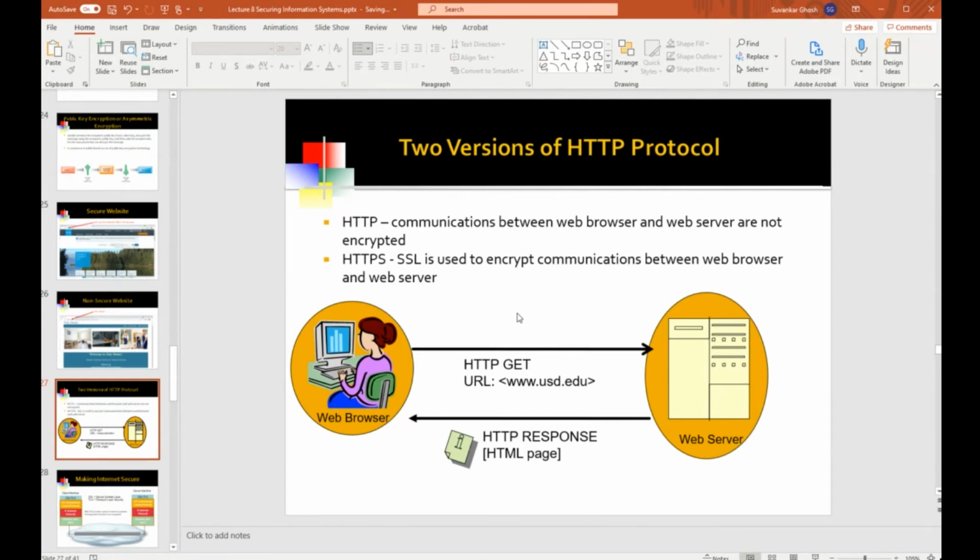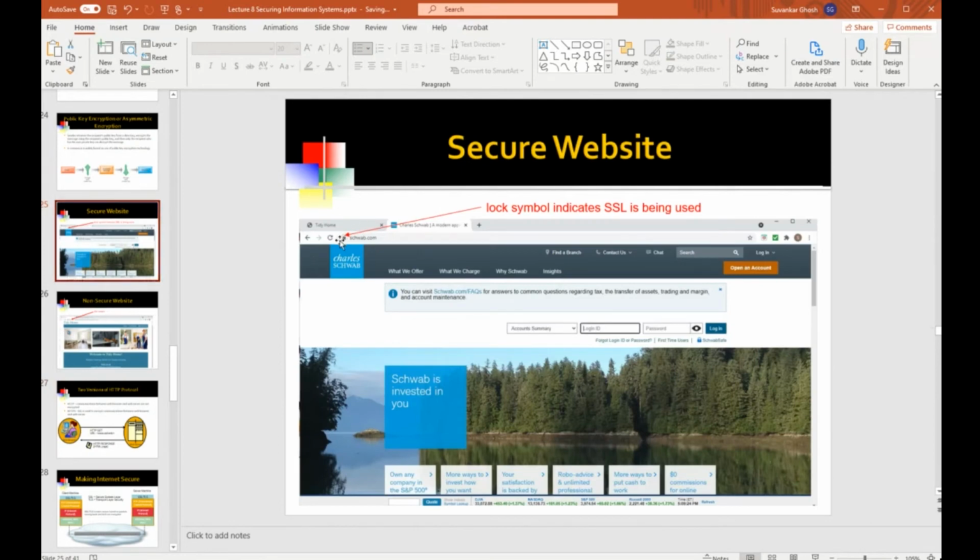Now, when you're interacting with a secure website, a website like this, which has a padlock, you are actually using the HTTPS protocol. And the packets that you're sending, the passwords that you're typing and everything, those packets are all encrypted.